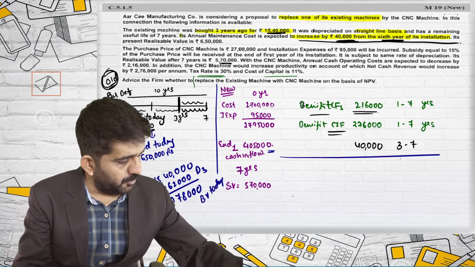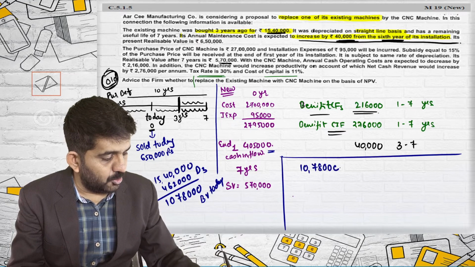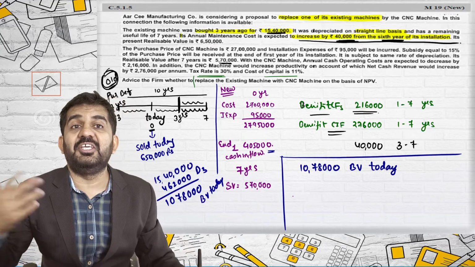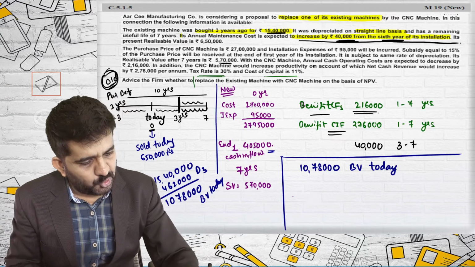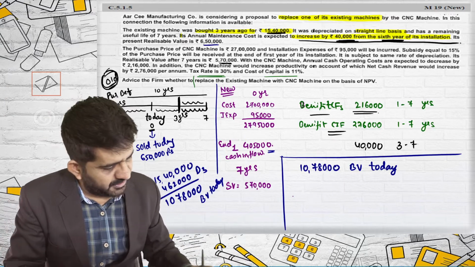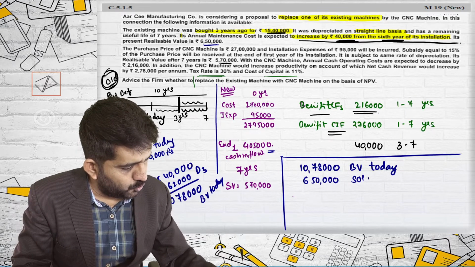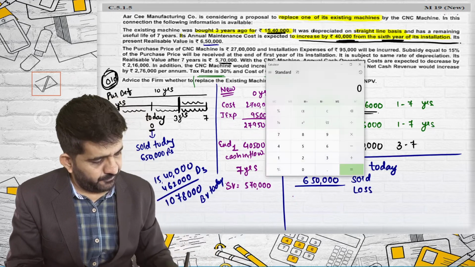All right, let me do it over here. 10,78,000 is the book value as on today, after 3 years of original purchase of machinery. It is sold today at what rate? 6,50,000. 6,50,000 sold. There is a loss of